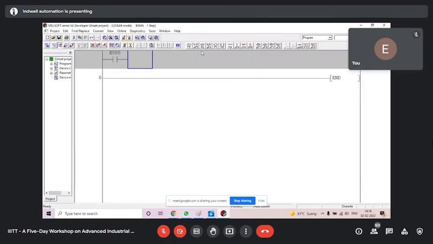Then I want NC. So I shall take here X1. I want an NO. I shall take here X2. X3 I have not used. That we will see, we will modify in the next project. So X2. Now you want a coil, you see. You don't need to go here, or else you will have to add all these things. So better you be here and take coil and give it M0.